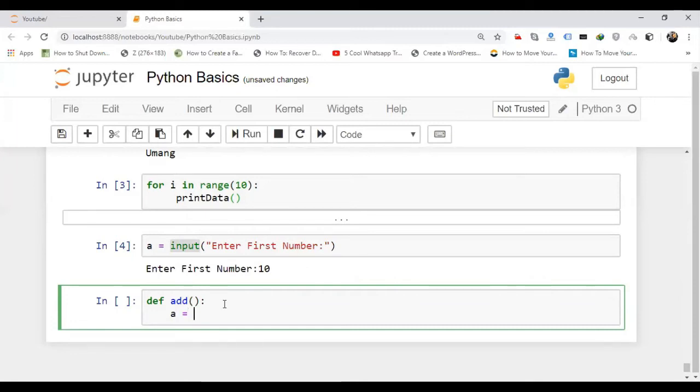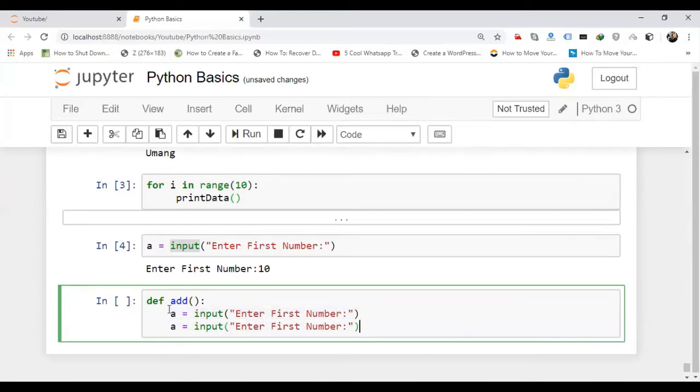I write here enter first number, and here input. So it will ask the user to input the first number. Similarly we do it for the second number: b equal to input, second number.